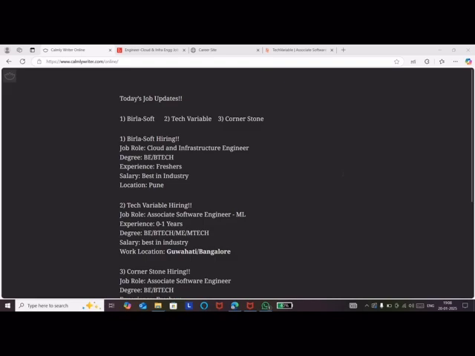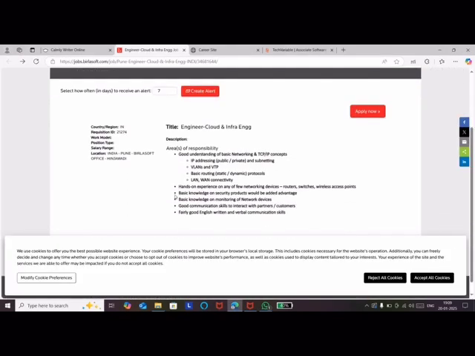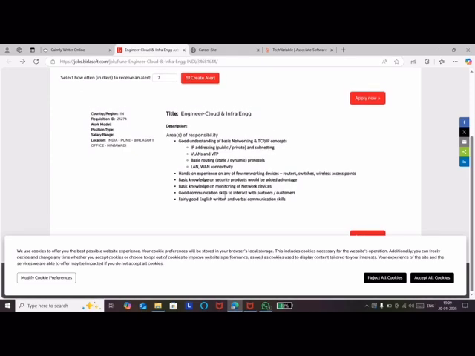So the first company is Birla-Soft, and the role they are hiring for is cloud and infrastructure engineer. The degree required is B.E. or B.Tech graduates, and the experience is freshers. The salary, the CTC, will be based on industry standards and your interview performance, and the work location for this is Pune. So we shall see in detail what the job details are and how to apply for this